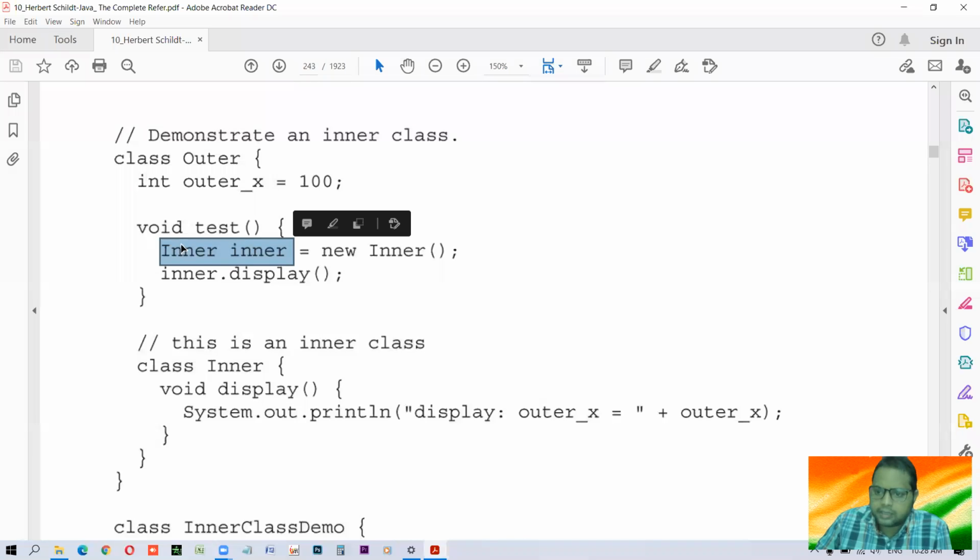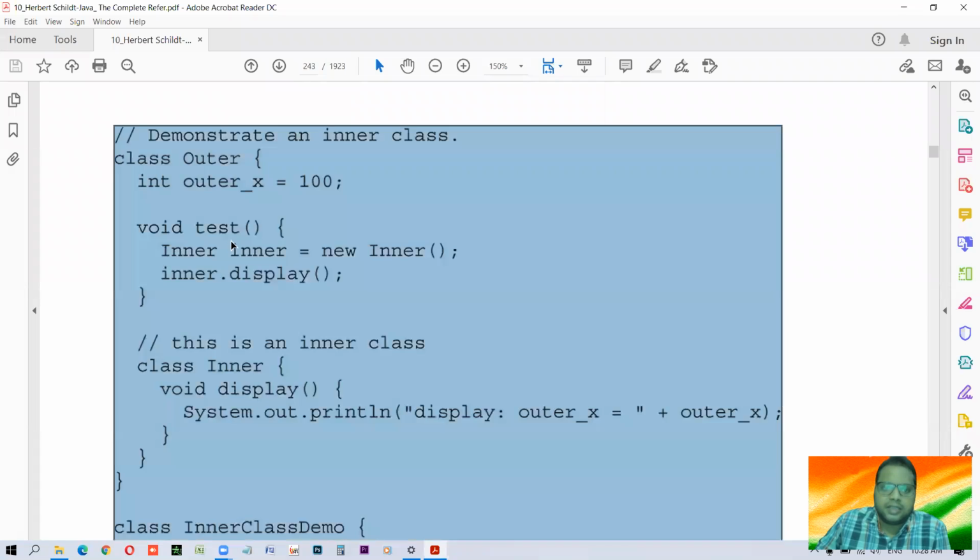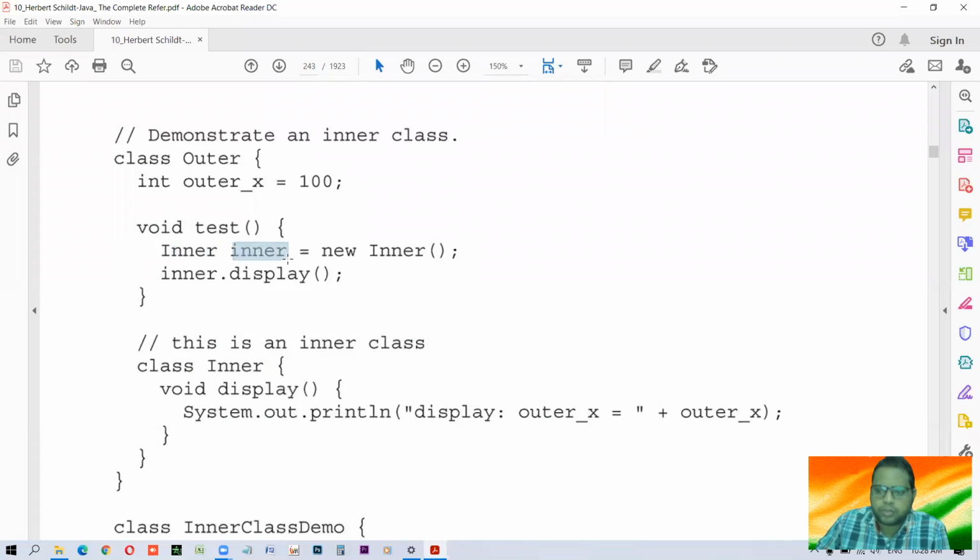Case sensitivity comes in again here. This Inner starts with a capital I and this one starts with a small i, so these two are totally different names. This one represents the class name, which is made here, and this is the name of the object, which could be any name. You can try it with any name. And new Inner, like we normally create an object. Now we are simply calling a function of that class, which displays the function defined in that inner class.